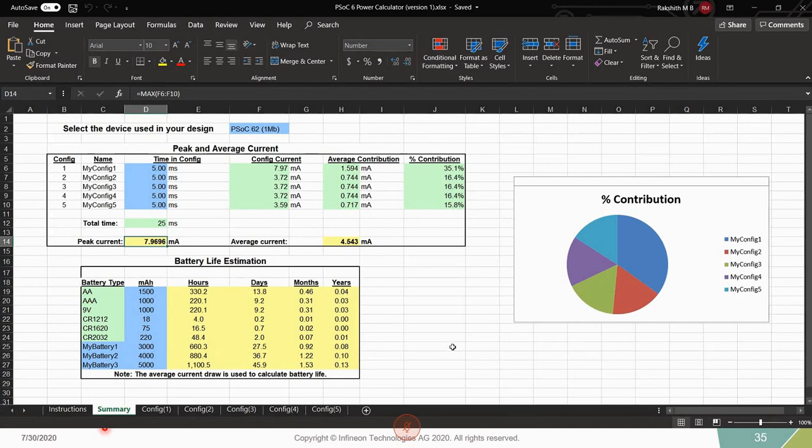Now, if you're developing a battery powered application, you can provide the battery details here, and the estimate of the battery life of your application will also be provided by the Excel tool. This can prove to be a very handy tool when you're planning the application itself.